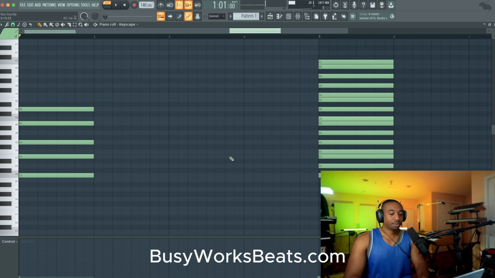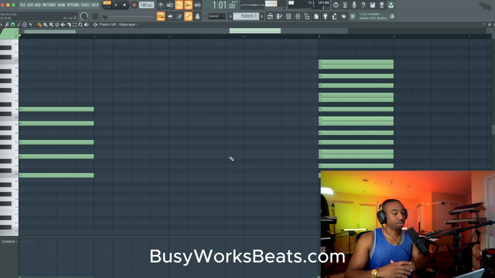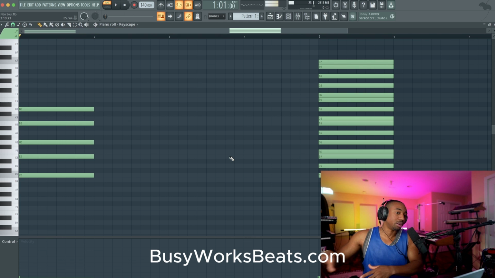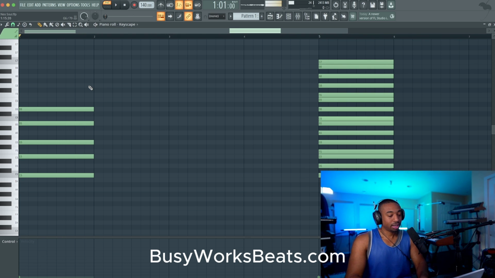All right. So some people ask, what is the next chord to go to? There is no science. Now, there is intervallic resolution, which we teach in Music Theory Magic at busyworksbeats.com/music theory magic. There's also a certain direction that chords tend to want to move. It doesn't mean you have to move that way. There's just chords that want to follow other chords naturally. And that's based on intervallic resolution. We don't need to get so complicated.